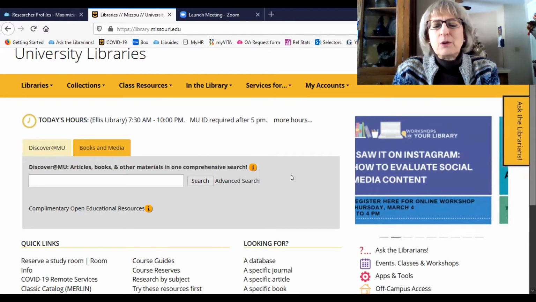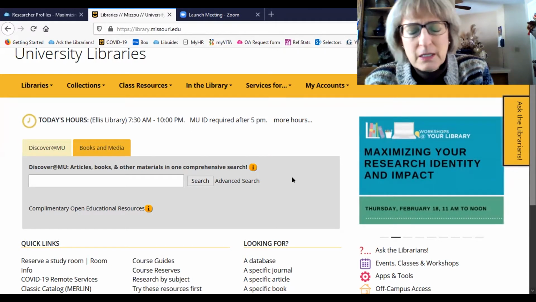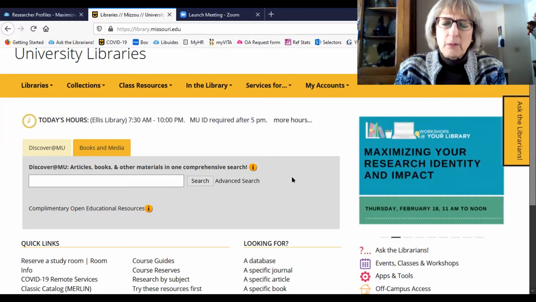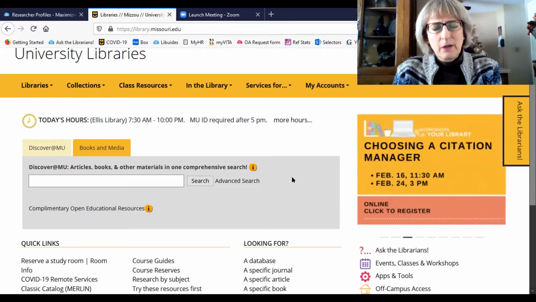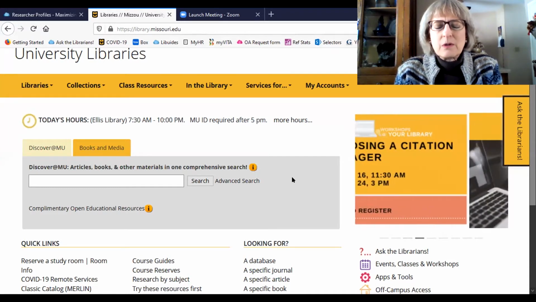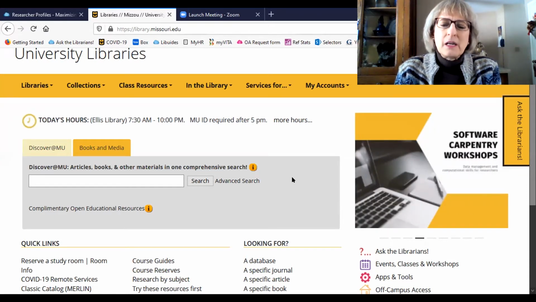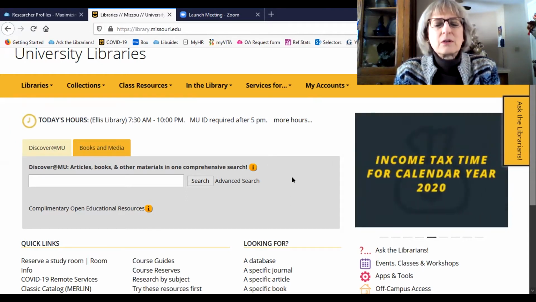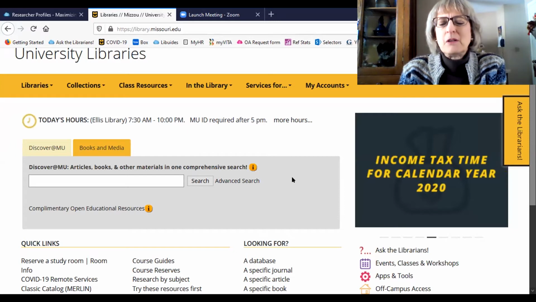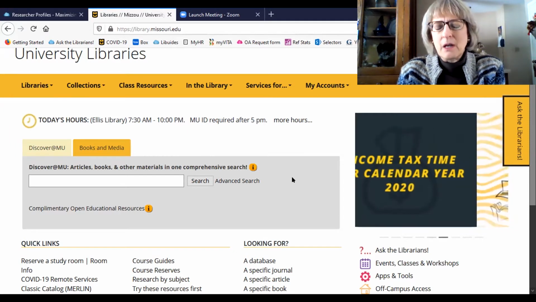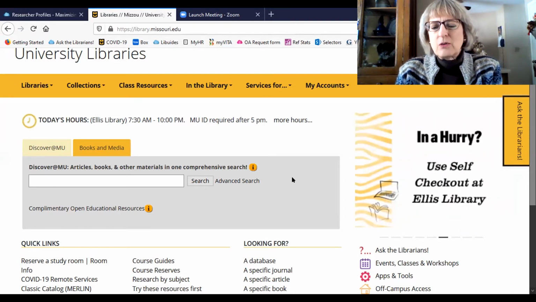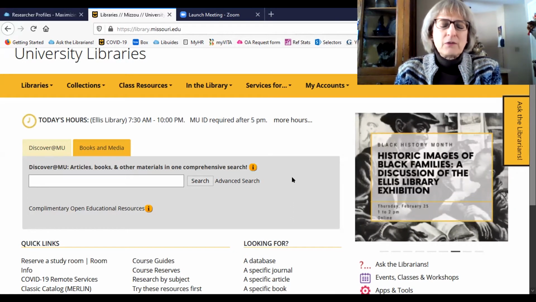And if you're not familiar with Scopus, Scopus is a large database that MU subscribes to. It's one of our most heavily used electronic resources that the library offers. And it's a big index, primarily to journal articles. It also indexes some other things, but primarily journals. It indexes about 35,000 journals in all different disciplines,